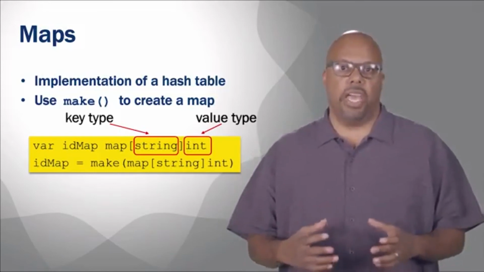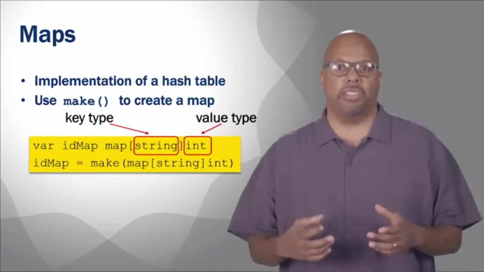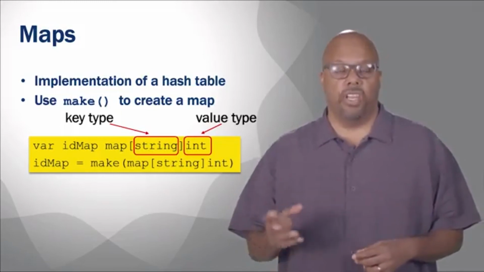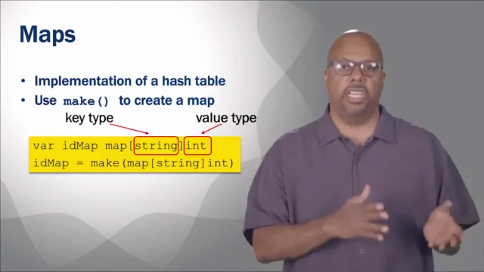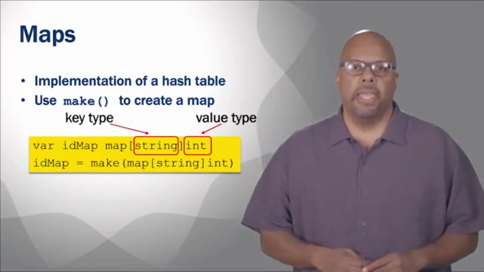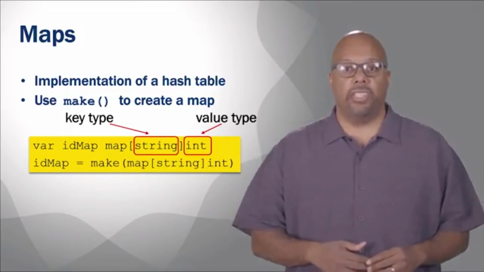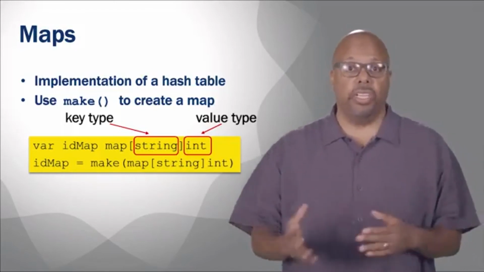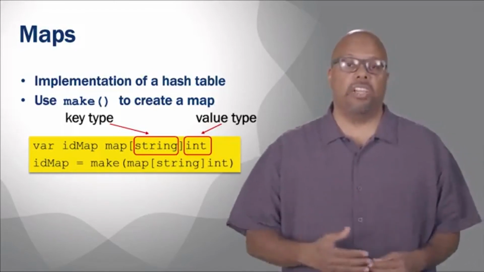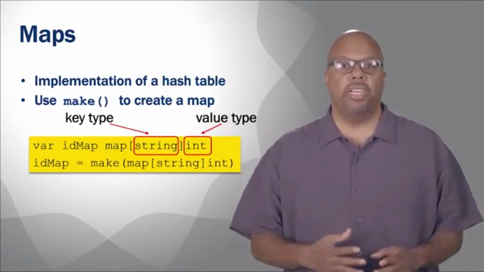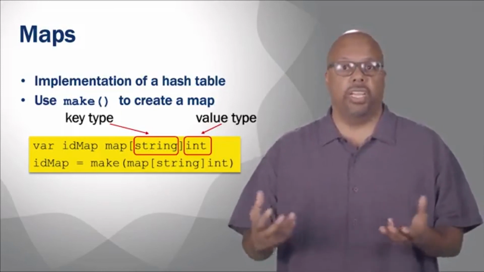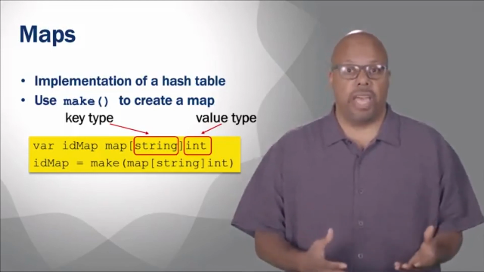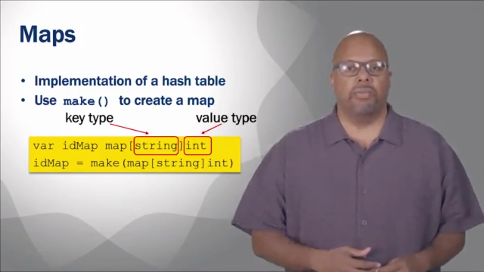And notice that after the keyword map, I have in brackets the word string. That's the type of the key. And then after that, I have another type, and that's the type of the value, right? So the key and the value can be different types. Then the line after that, first I'm declaring ID map to be a variable. Then I'm actually assigning it, pointing it to a map, making it an actual map, and I call make for that. So ID map equals make, and then parentheses, map string int, right? So it creates a map. Now, at first, this make is going to create an empty map, but it creates a map.